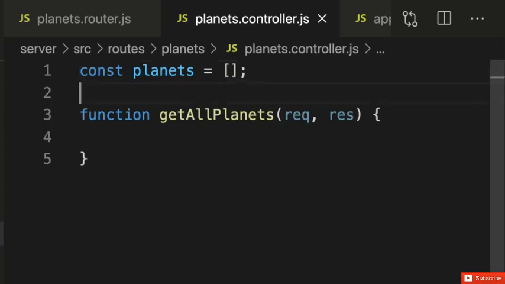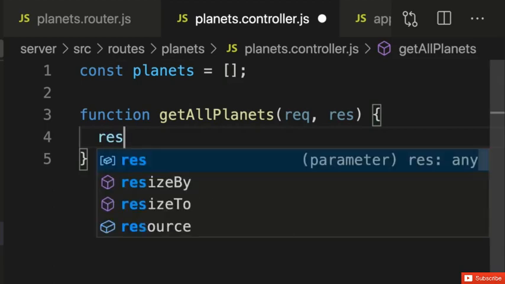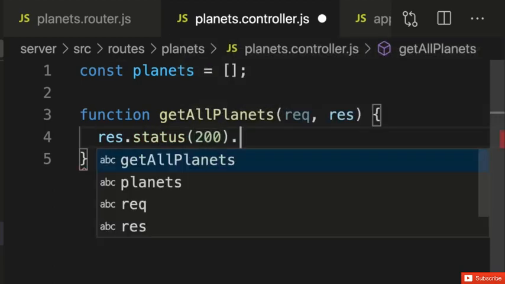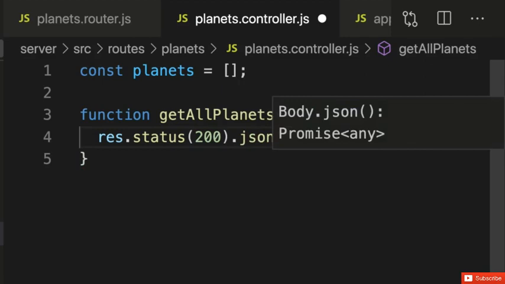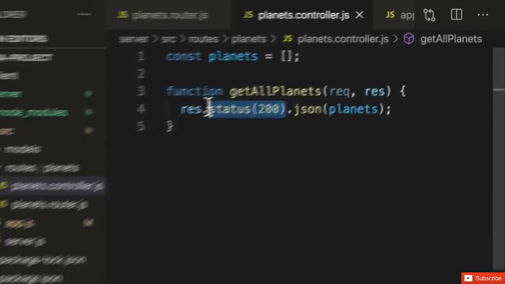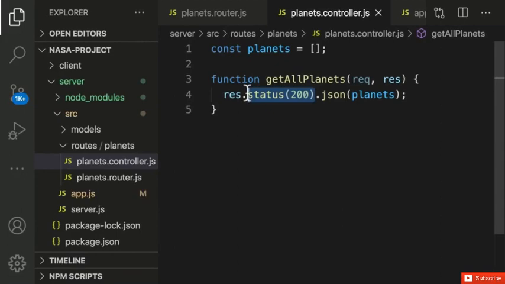And we're just going to return or respond with a 200 status code and that array as JSON. So res.status(200).json(planets). Now, this status code here is optional because Express returns 200 by default, but I'm adding it here